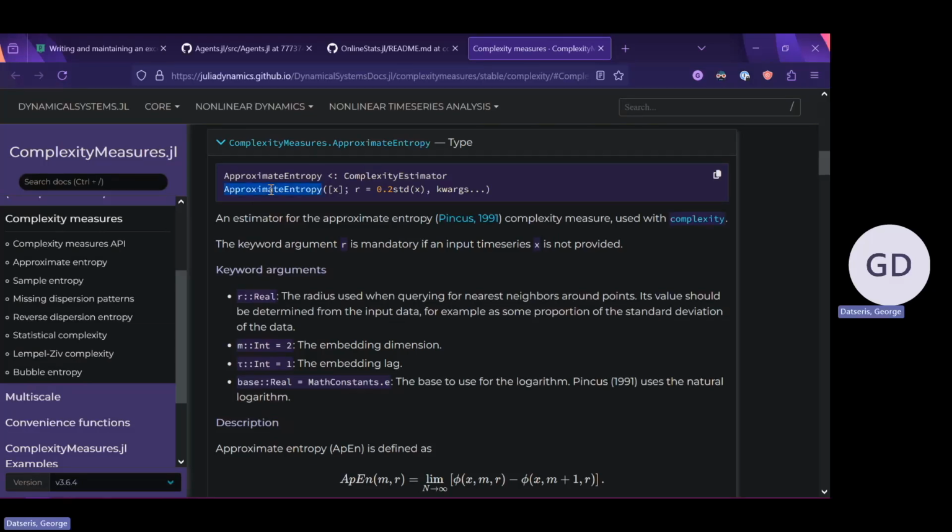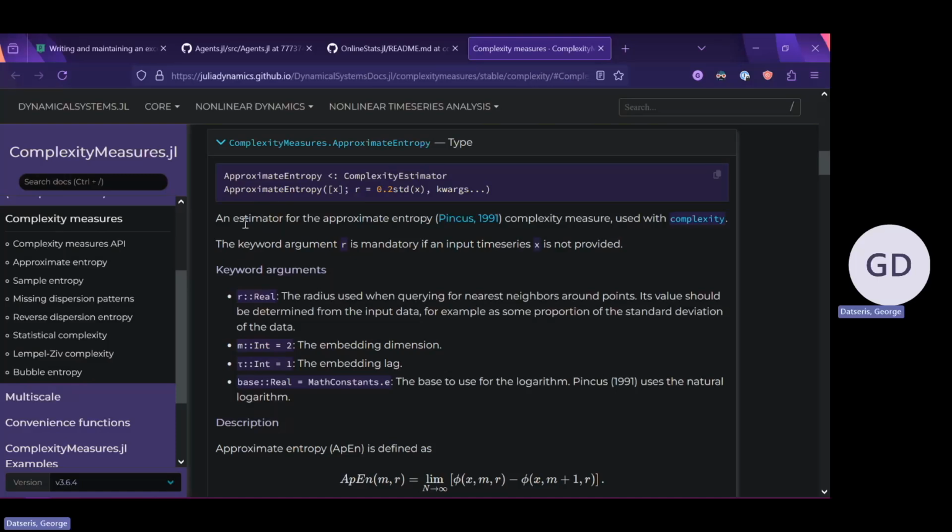The first thing this has is a call signature. This is how you will call this thing. How will you create this type? Then it has this X that is an optional argument because it is in brackets. Then there is the semicolon, which means keywords. There is one keyword here that has an explicit value, and then it says it has more keywords that you will find below. The documentation string has one or two sentences that simply say what this thing is.